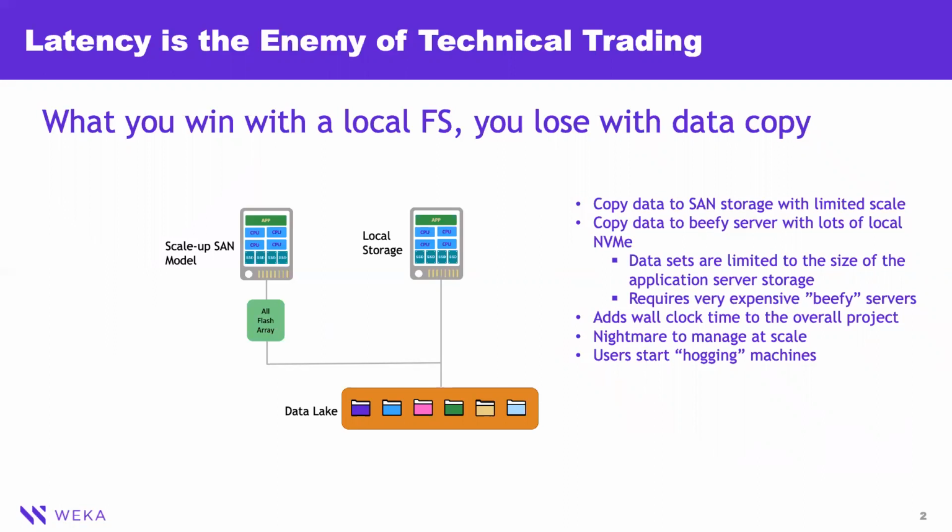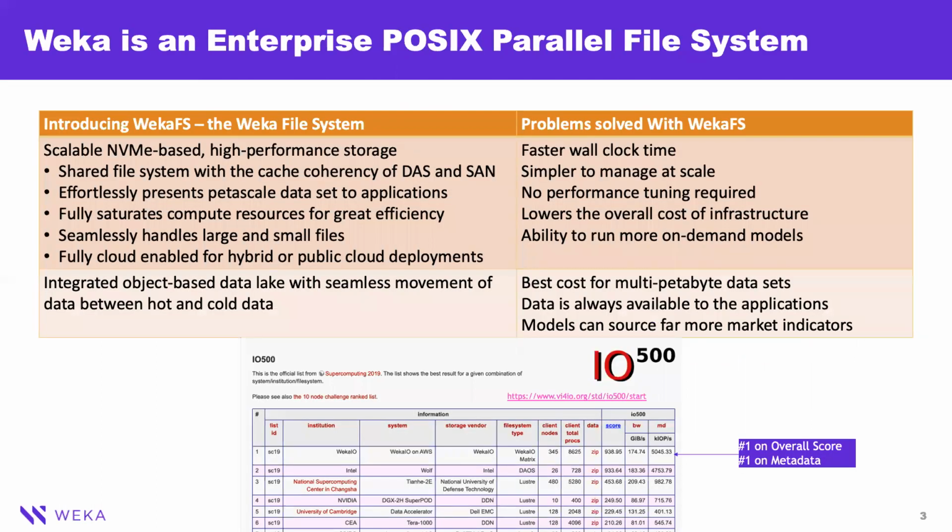Now the challenge with this is, and I'm going to show you here diagrammatically, if you take a workload and put it into your SAN, and you have another one running on local storage, what happens with your users is you now start to see that they build up behind while they're waiting for those local machines to execute. Now, the machine might be fast, but the time that you actually spend waiting in queue to get that machine is often where the real latency comes in, because it all adds up to wall clock time. What wall clock time means is how long it is between when you want to trade and when you can. At Weka, we're passionate about removing latency from the systems.